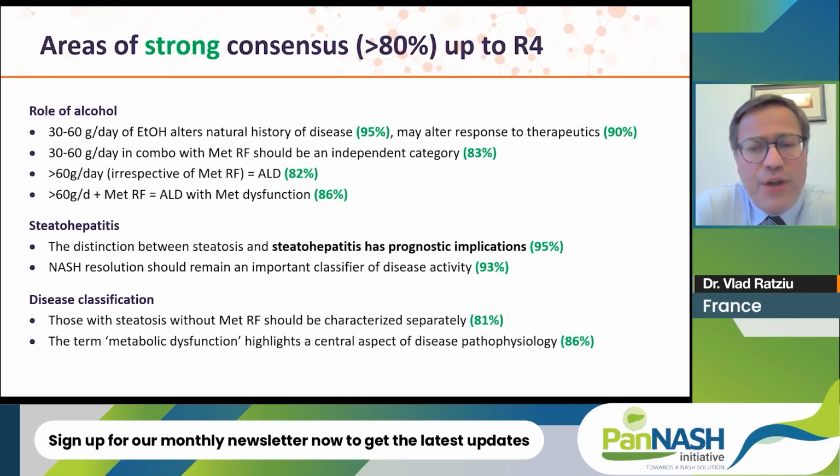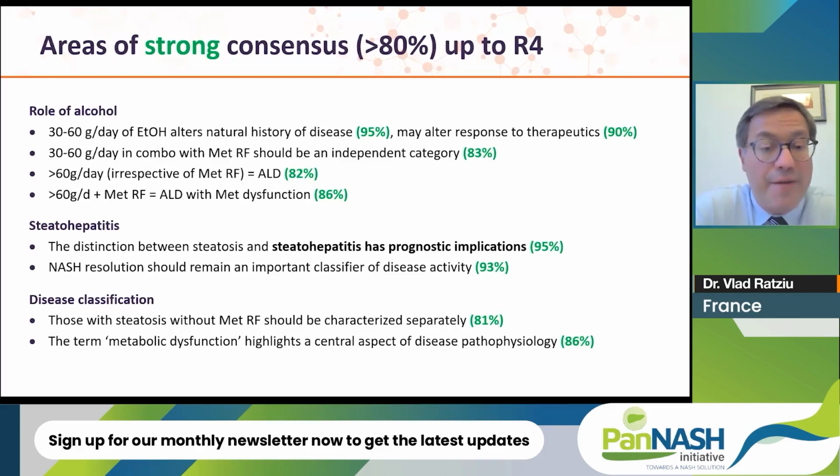The other thing that was consensual is that the term steatohepatitis, in particular the pathological form that it represents, meaning liver inflammation and liver cell injury coexisting with steatosis, deserves to be kept because steatohepatitis clearly has prognostic implications. In particular, it is the main form that drives fibrogenesis in the liver. And therefore, NASH resolution, meaning the reduction in the activity level of steatohepatitis, should remain an important classifier of disease